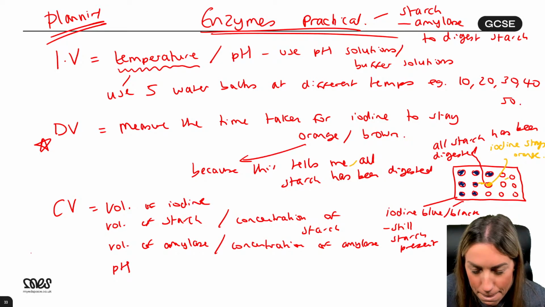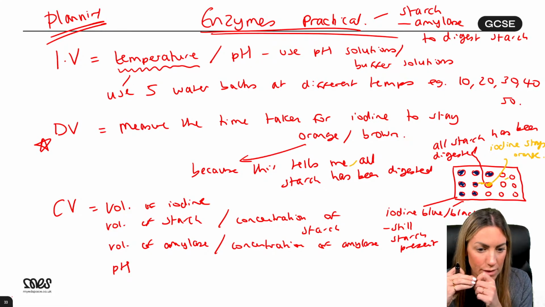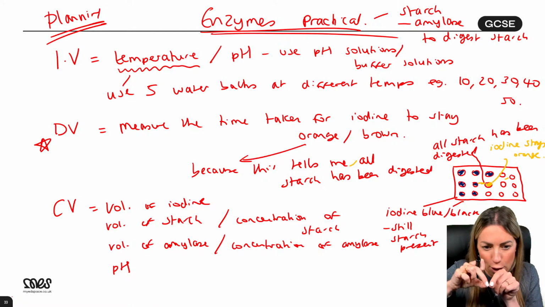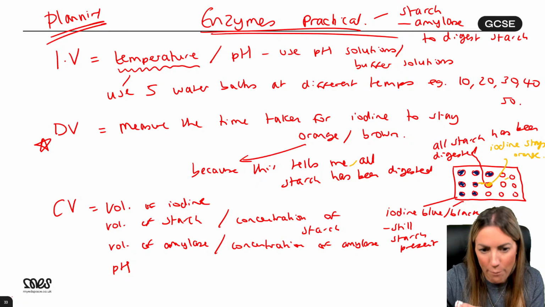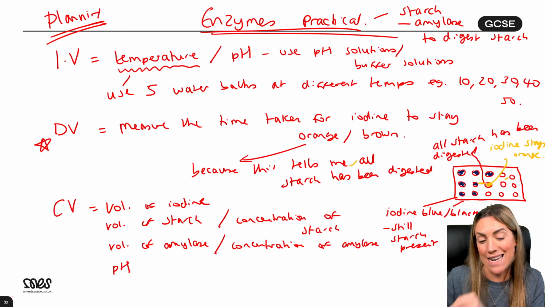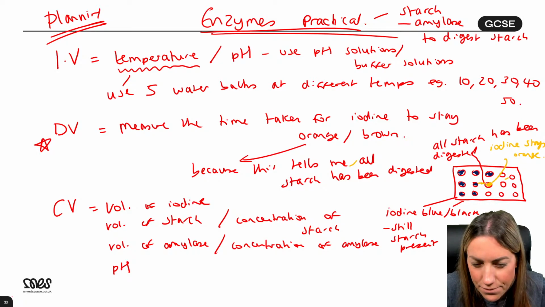Okay. That was just my example, starch and amylase. I just thought it could be an enzyme. Yeah, so you add the amylase to the starch, and then obviously the amylase will start to digest the starch, and then you take like a little pipette sample out, maybe every 20 or 30 seconds, drop it into your iodine. To begin with, the iodine will go blue-black, but you're looking for the time when the iodine stays orange or brown, whatever you call it, because that's the time that tells you all the starch has been digested.